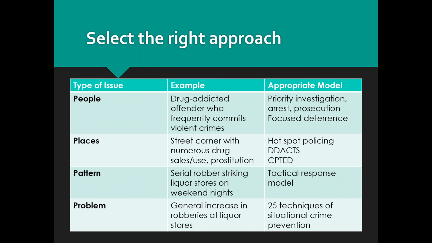Each of the 4 Ps has a different model that works effectively within it, and those models don't necessarily work effectively across the different focus areas. For repeat offenders and criminal organizations, for instance, we might look at priority prosecution and investigation, or we might look at focused deterrence models that bring these offenders together for what might be called an intervention and offers them a